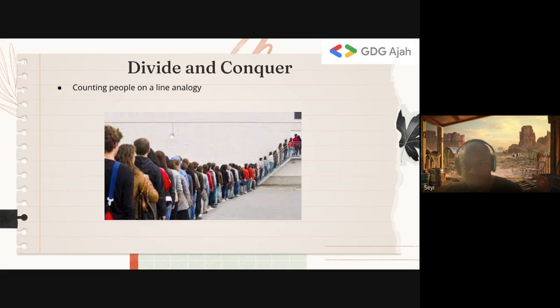But you need to understand the key thing here. You need access to the entire collection. Notice that we decrease and conquer. The person at the back doesn't know how many people are in the front and doesn't care, right? He just does it. But with divide and conquer, you need access to the entire problem space.